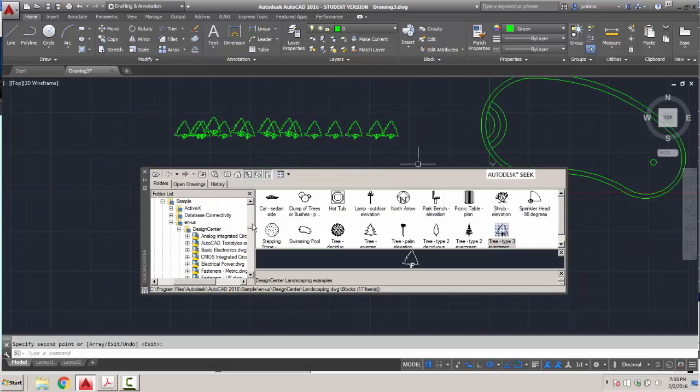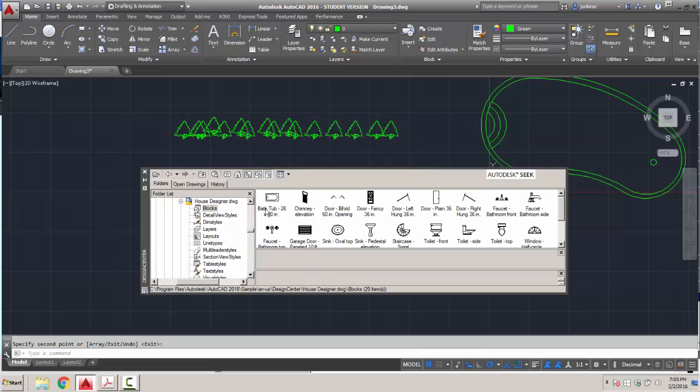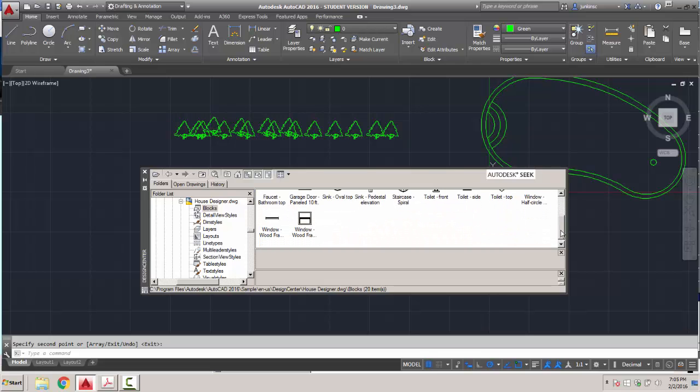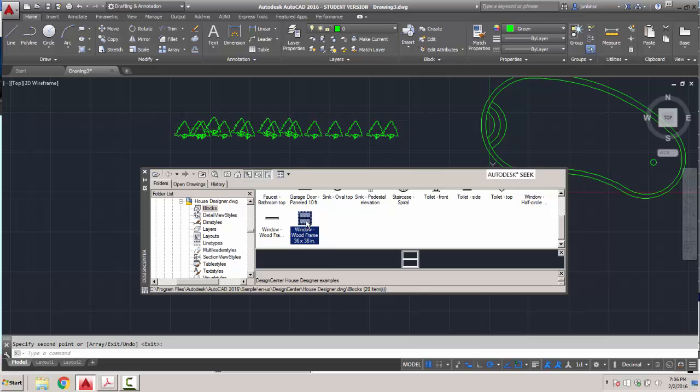We look at some of the other items in here. We have hydraulics, kitchen, landscaping. We look in our house designer. We can see some blocks in here for door openings, staircases, pedestals, oval sinks. So these are all things that are in there, but you can also bring these in and adjust them. For instance, say I was drawing the elevation of the outside of a house, and I click on this window,